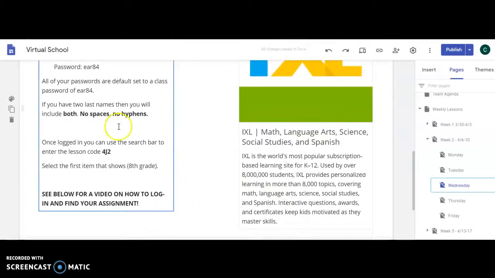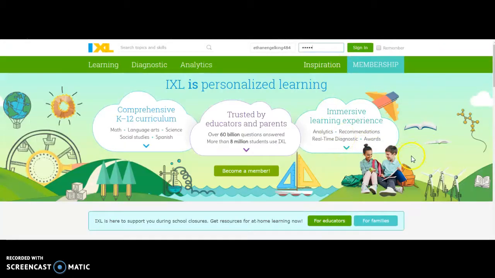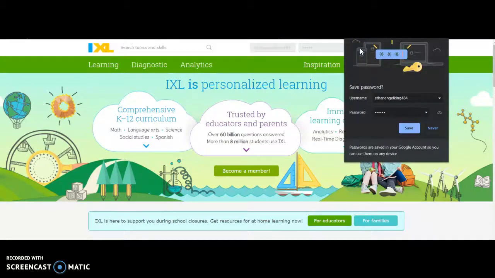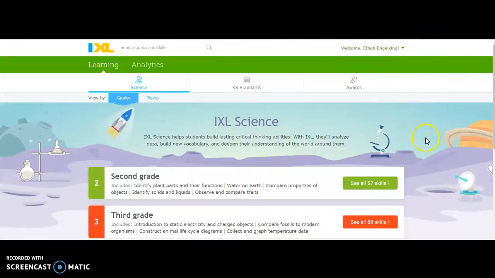And then highlighting the directions here, once you've logged in, we're going to search for activity 4J2. I'll show you how to find that two ways, and then you'll be all set, ready to go. So when you go to IXL.com, at the top is where you are going to enter your username and password. Remember, first name, last name, 484, and then ear84 is your password. That's a default for our class. So once you sign in, no, I don't want it to save that password. This is the